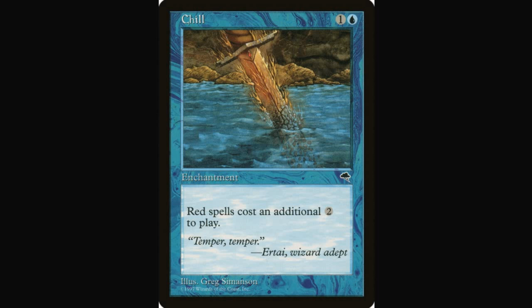But on the off chance that they are interested in taking us back in time to that type of design space and that type of thinking where color hosing is kind of a safety valve for a certain archetype or a certain color running away with the format, well, we have a few intriguing ones. I don't think we should print them all into Modern. Some of them are maybe too powerful, others of them maybe a little bit surplus to requirements,